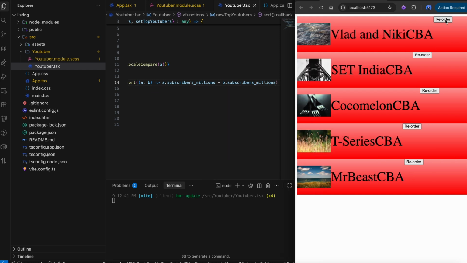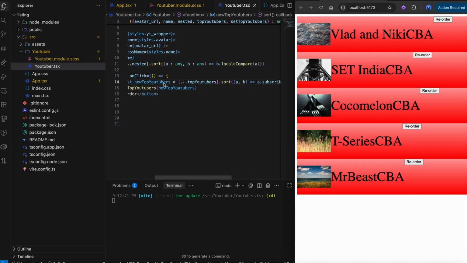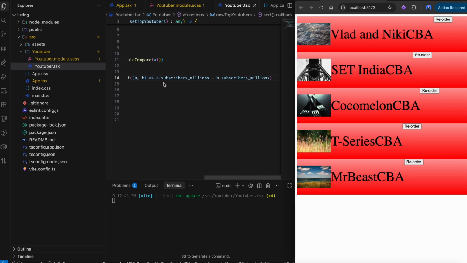Yeah, but it should be toggling, so we can use